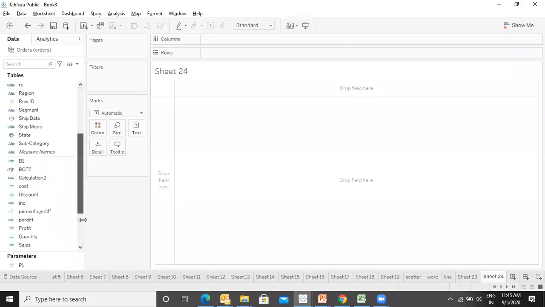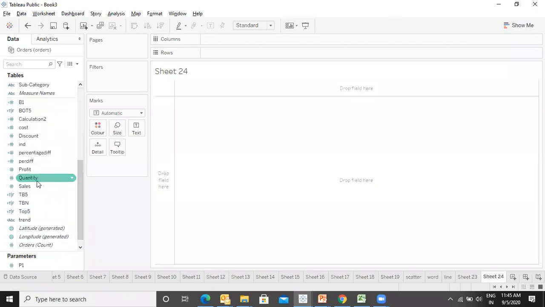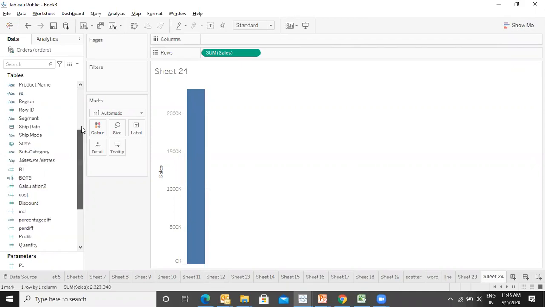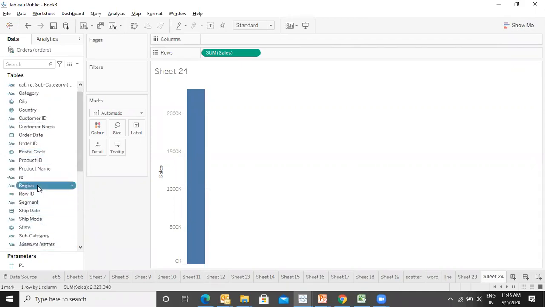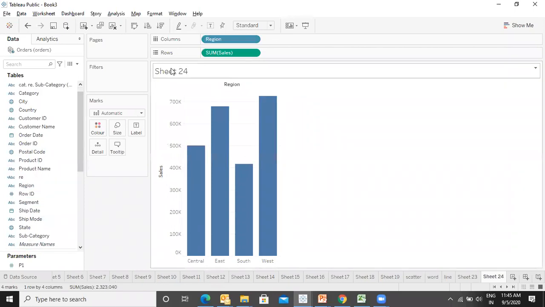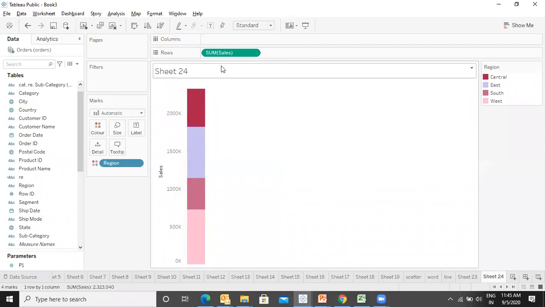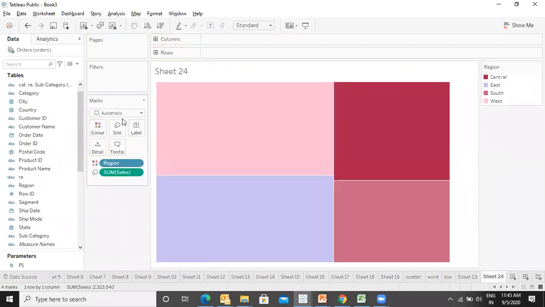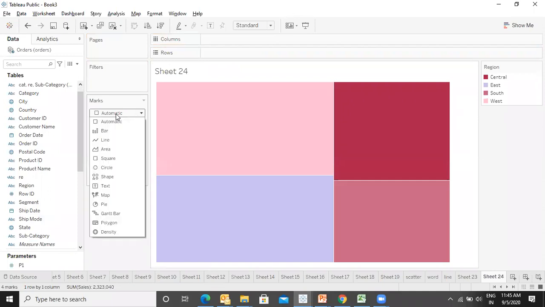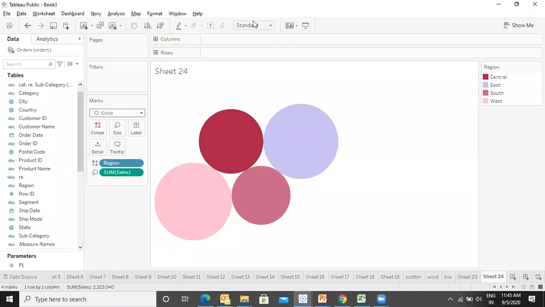Let me take the sales on the basis of, let's take region. Let me put the region in the color and let me put the sum of sales in the size. Instead of automatic, I will take it as circle. So I'm getting the bubbles.